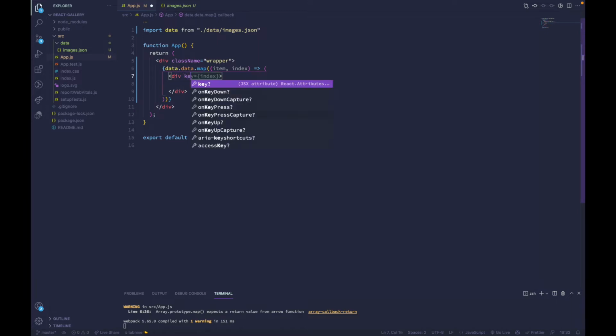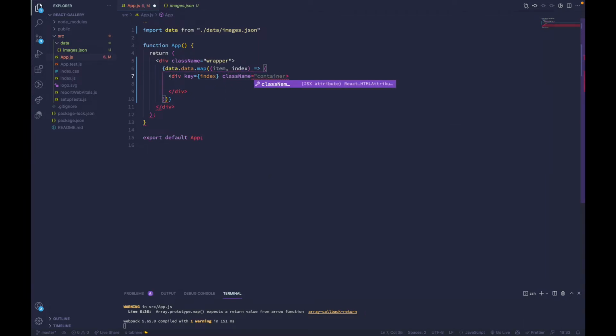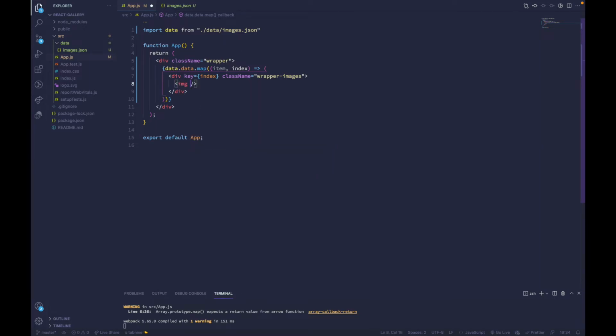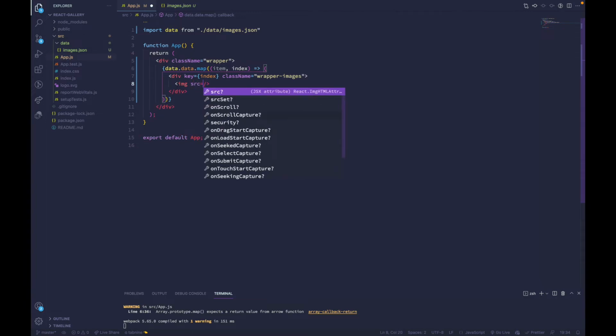That div would contain a key which would be index, and let's also give it a className of wrapper-images. And inside here we want to add our img tag, and that img would contain the src attribute, which would be